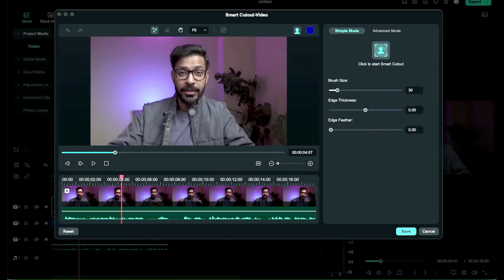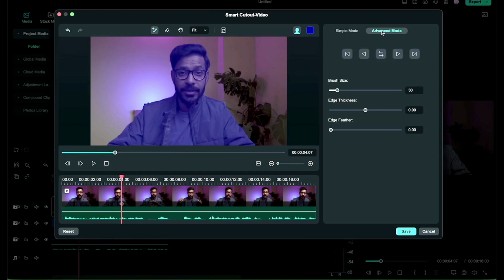Let us go there, and to select or cut out the image, it is better to have a plain background to get a better cutout and a contrasting subject. But let me try and see whether this will work here. Let me simply brush the subject outline roughly to let the AI know this is the subject that needs to be kept. Let me go to the advanced mode here and feather the edge a little bit so that the edge does not look very sharp,